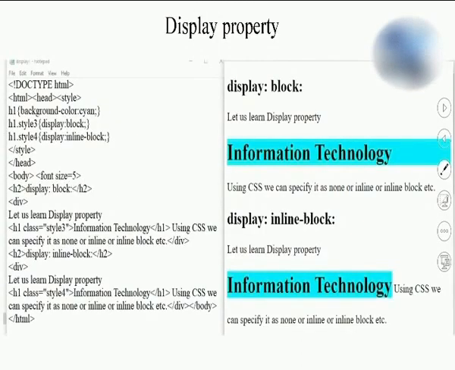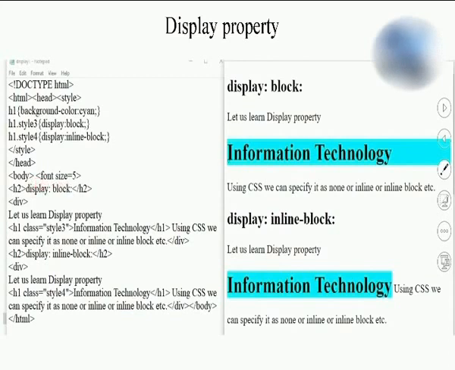So students, just observe the display property which we learned in the last lecture, but we have not seen the demo. So let us see the demo over here. Here I have applied the display property for the H2 tag. I have applied display inline block over here, and display block over here.